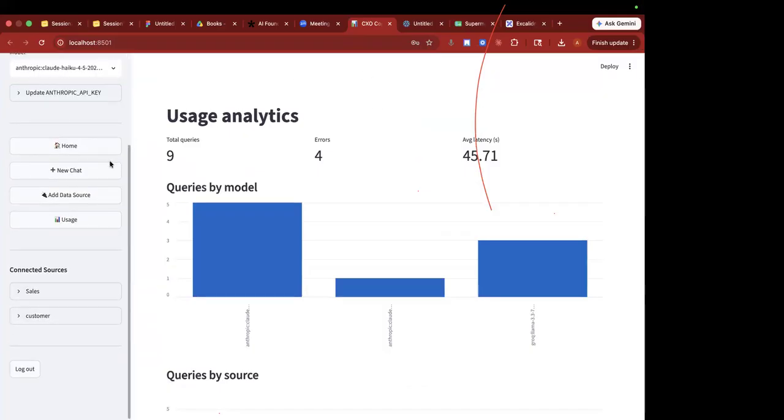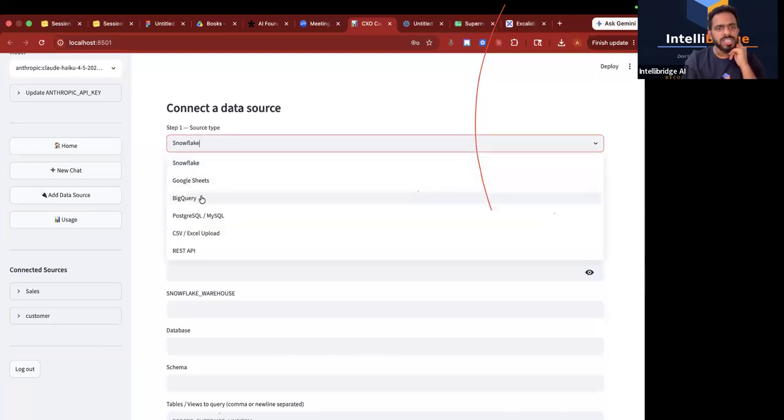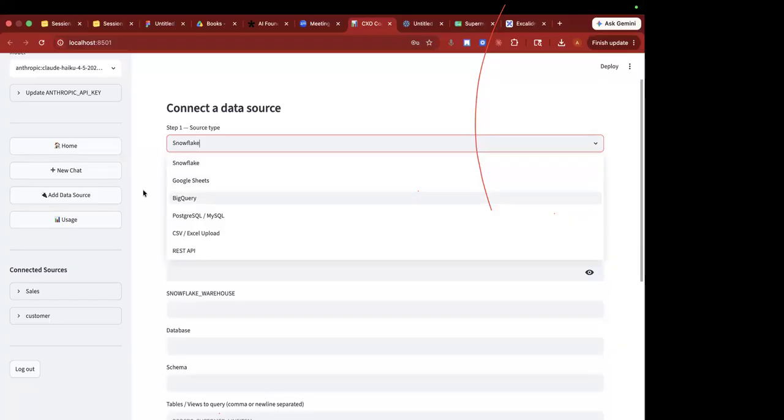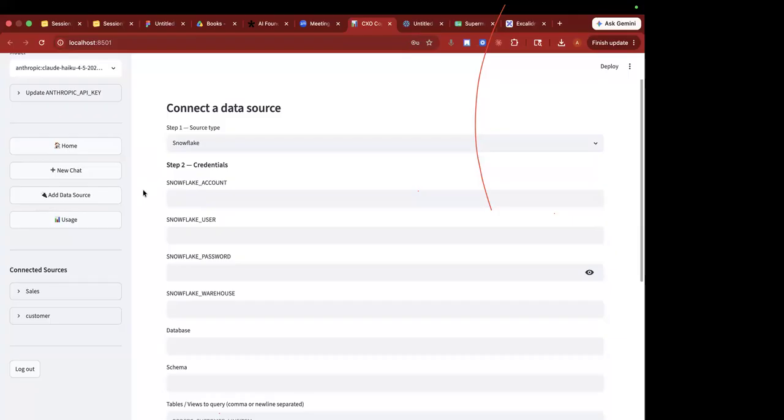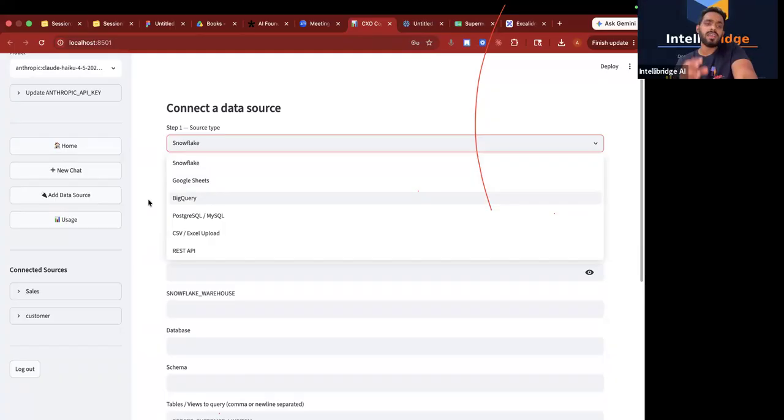Yeah. And it is totally data source agnostic. You have Google Sheets, BigQuery, Postgres, all done through MCPs. Right, right. So let's assume one of the data sources that you are attaching is a CSV file. Does it physically ingest this file and keep it in some location and then refer to it, or does it just create